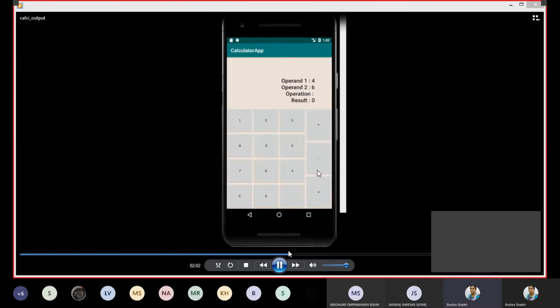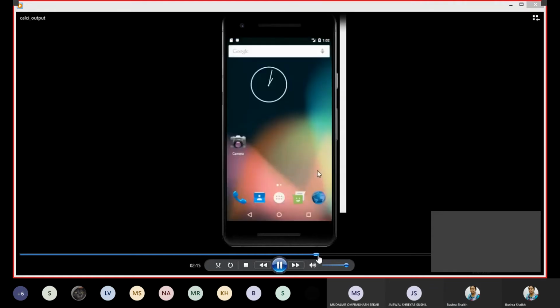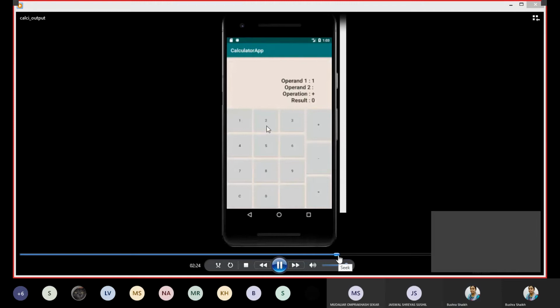Coming here and clicking on, I guess, the minus button. Again, I had run the code, and here we see the working of update operation.